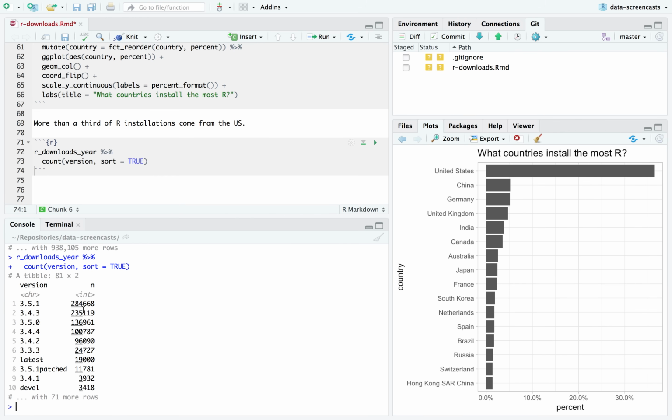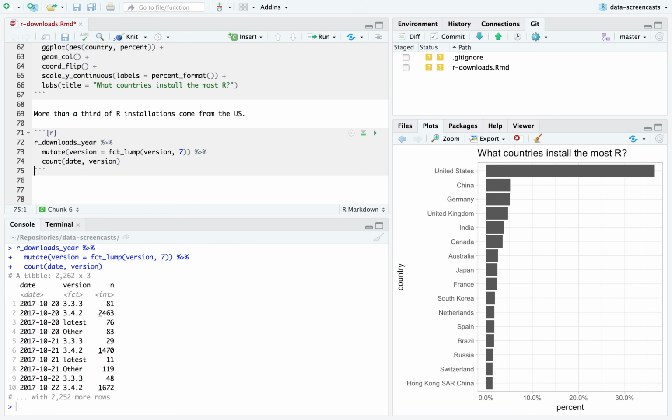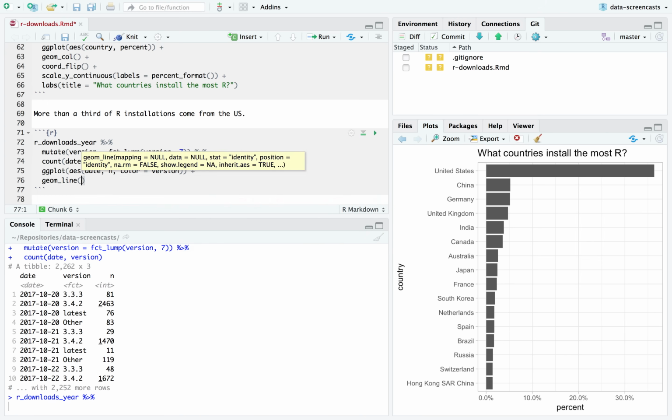if we look as soon as an R release comes out, we're going to see that starts being the one that gets installed. Not always. We're going to see people install older versions, but there's a very strong time trend. So once I think that way, I think that what I need to do is do a fct_lump on the version. Let's say only include the top 7, and then everything else will be other. And then I get to say, let's count date and version, and now make a graph of it, where I say date and color equals version, and I bet I'm going to see a trend where we see like all